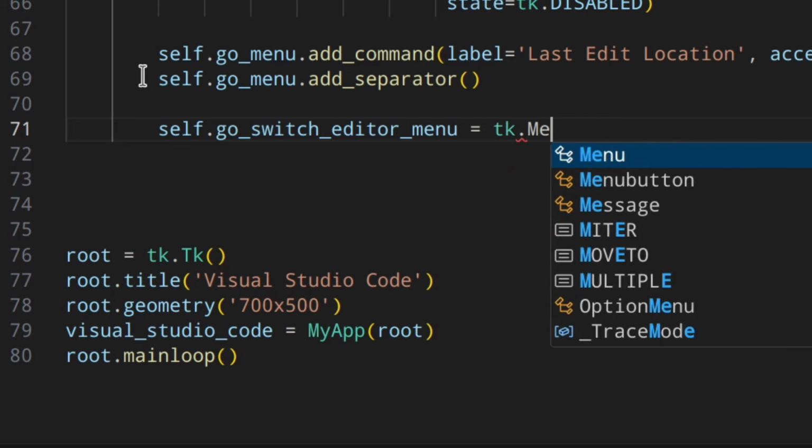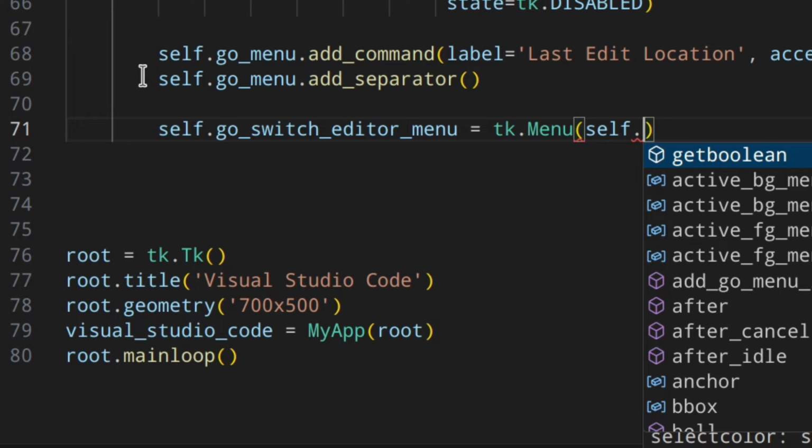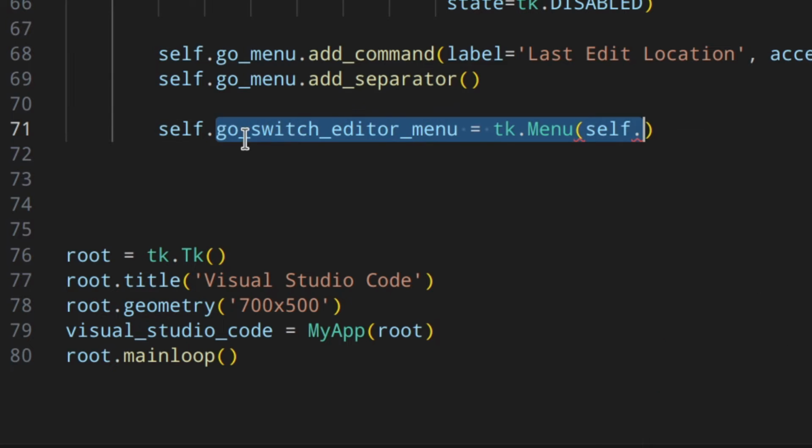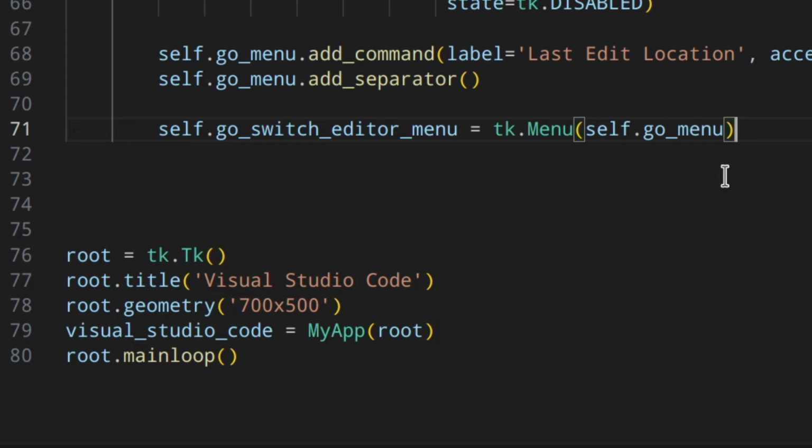Okay, these are names that are pretty clear because you want to be clear when you have a lot of menus and stuff. So for example, here I know that go is the menu and then switch editor, etc. Then you can have whatever you want. These are just names that I came up with and that made sense to me.